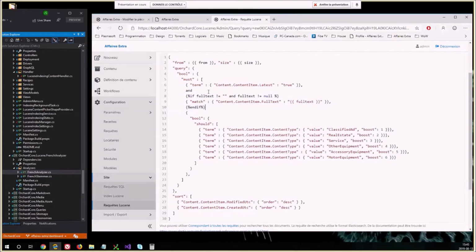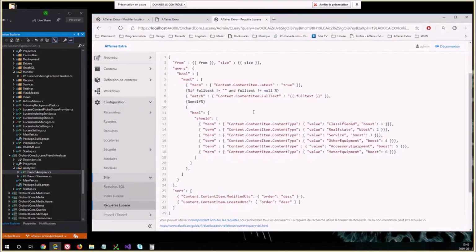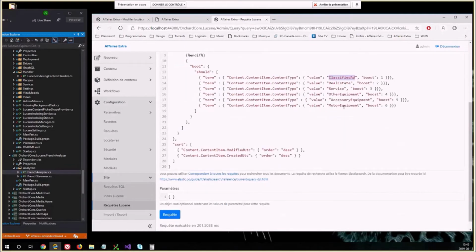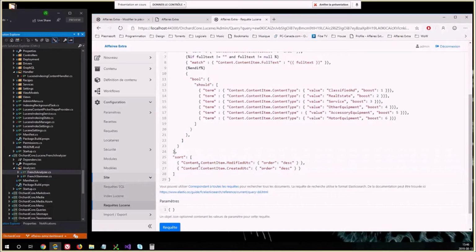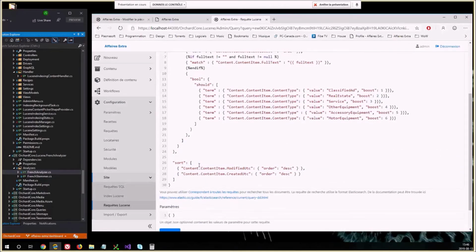Okay, so you can boost. Yeah, I can boost also. Here I'm boosting the values, so I want to have my motor equipments first, so I'm boosting it in the search results. And the sort here will override the boost. So normally I should have a condition on top of that, because if I want to sort those content items with a boost, by default my query should not have any sort. So I should have something like an if on top of that, which I didn't do yet, but we'll do.